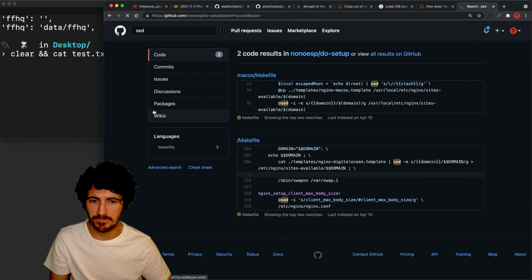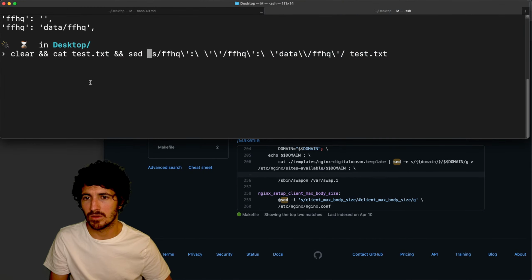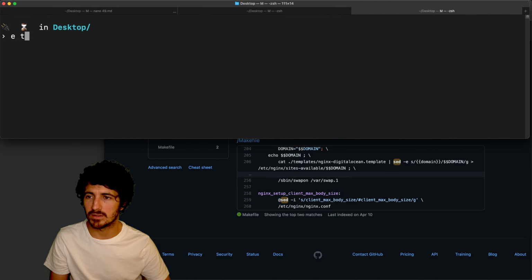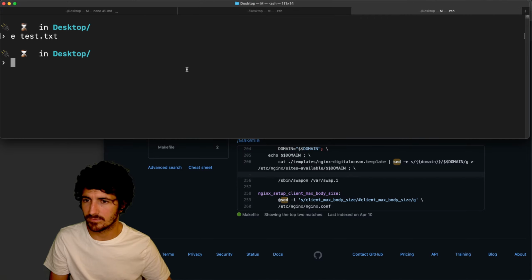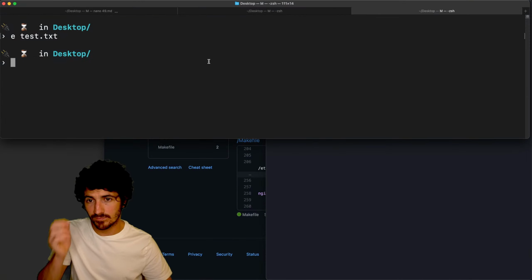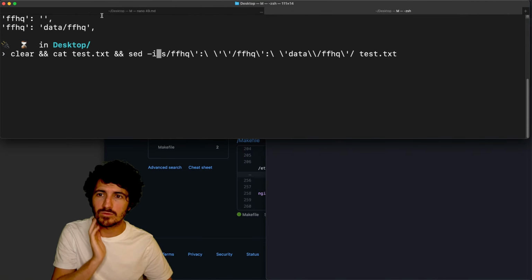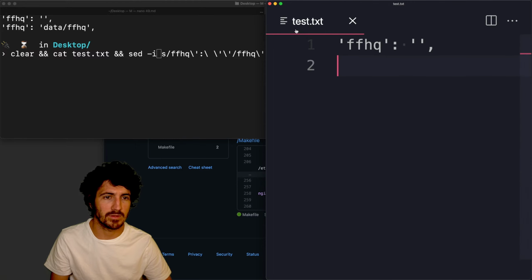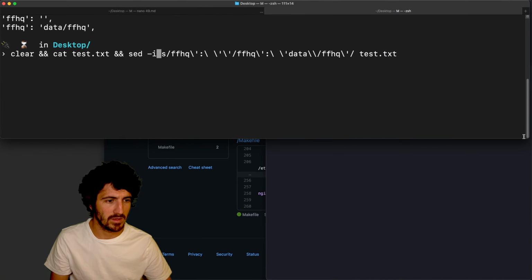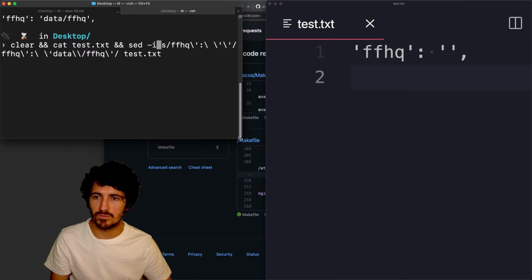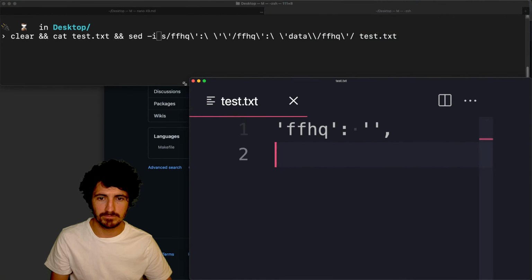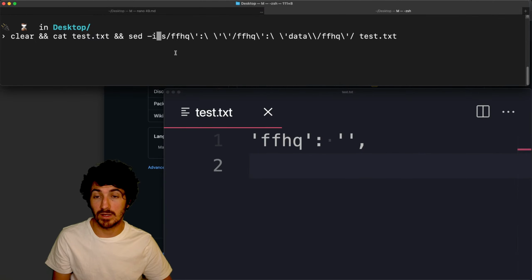Set I, right? If I do set I, so let's first open this. So I'm opening here, so these are contents of test.txt, and if I run, right, when I run this command,